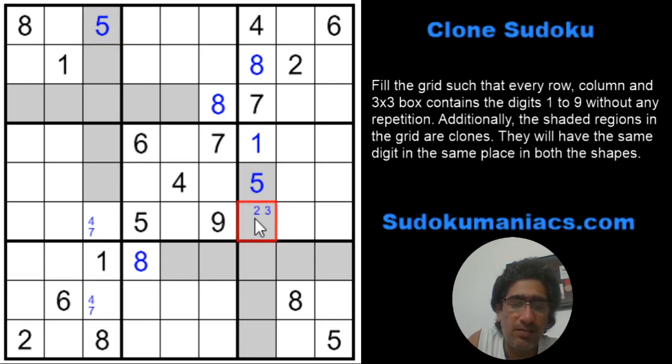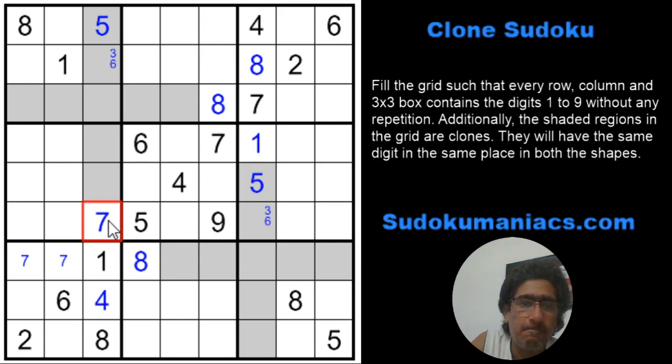This 9 is not there, so the remaining digits are 2, 3, 6. But we already got a 2 here, so we eliminate the 2 from there. Right? So this 7 has to be one of these 4, which means the 7 is part of these two cells. Hence this would be a 4 and this would become a 7. So I have 7148, 4817, the 4 additional digits for those two columns, right?